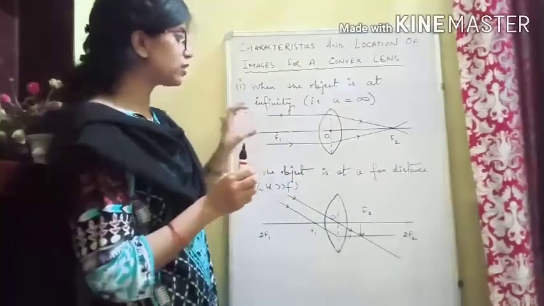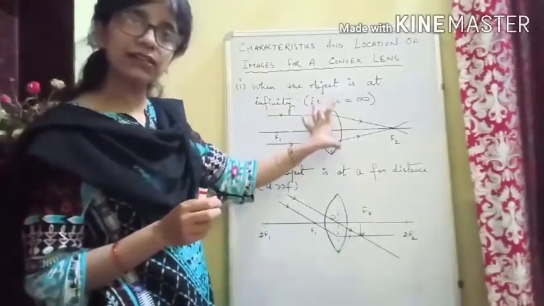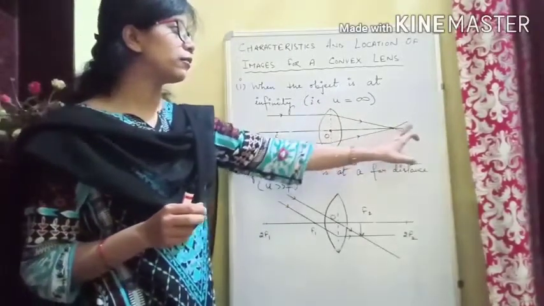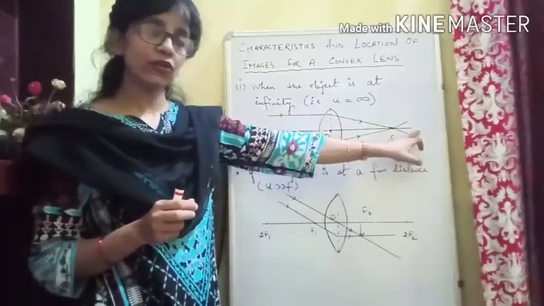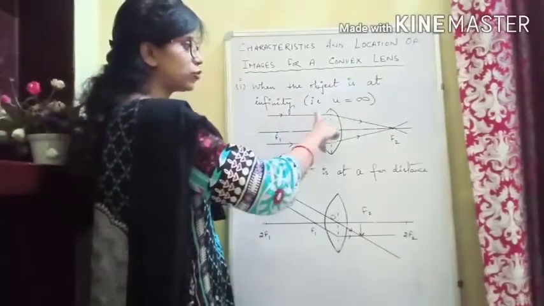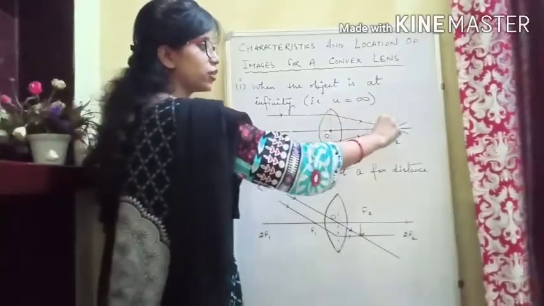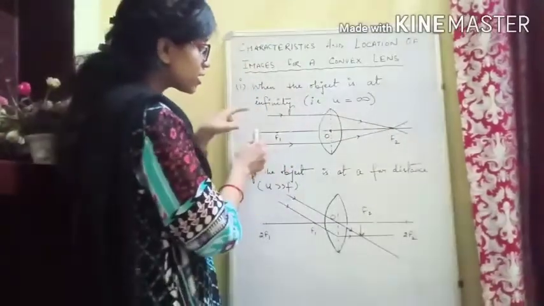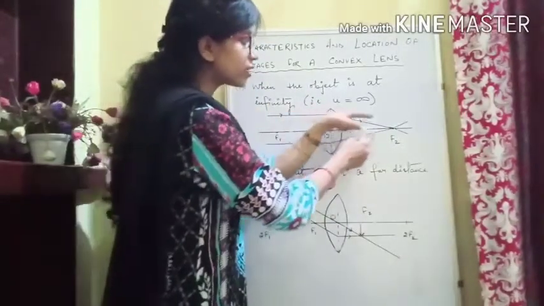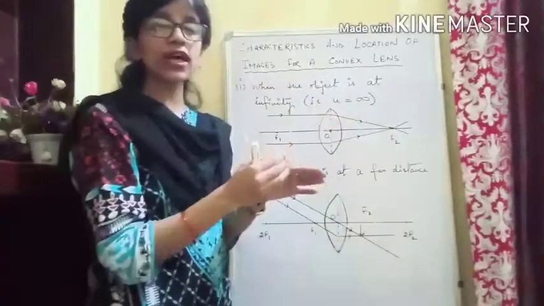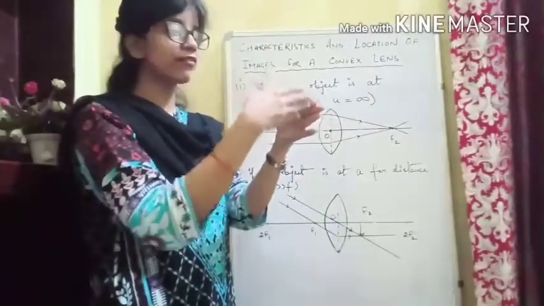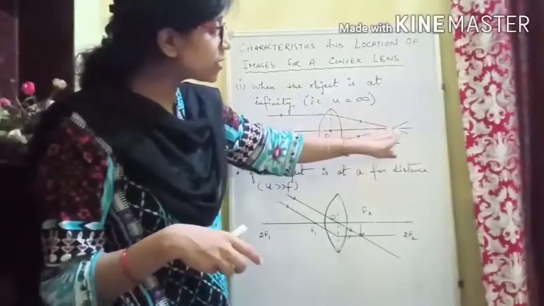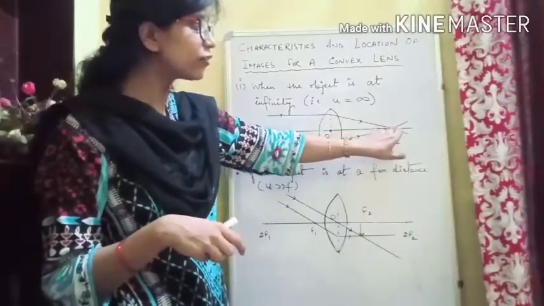So we are taking 2 rays coming parallel to the principal axis. You know the rule, when the rays are coming parallel to the principal axis, after refraction they will pass from the second focus. So you see the rays are coming parallel to the principal axis, and after refraction they are going from the focus. Now you see, these are the incident rays and these are the refracted rays, and you know that wherever the refracted rays meet, there we'll get the image. So the refracted rays are meeting here, here we will get the image.